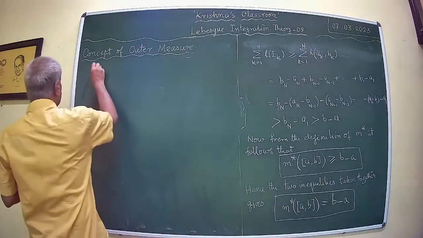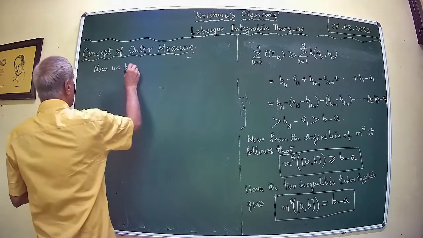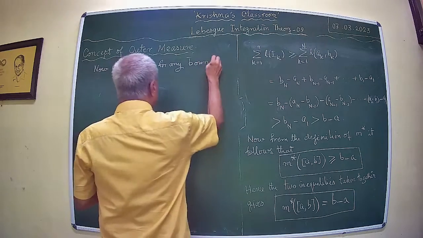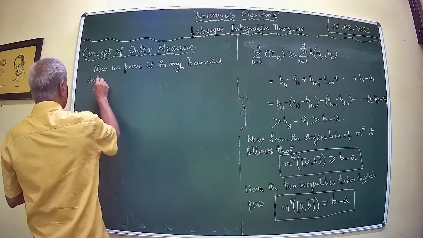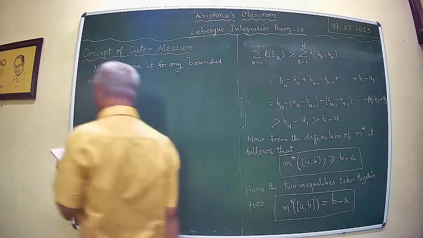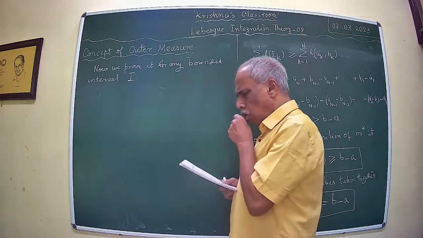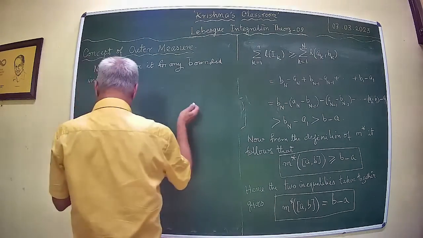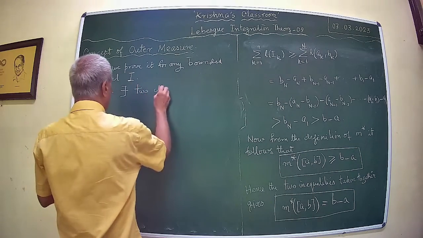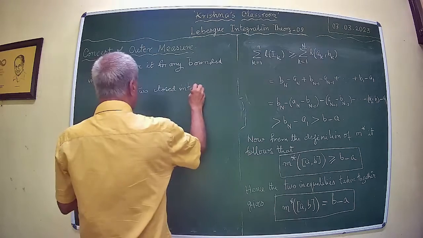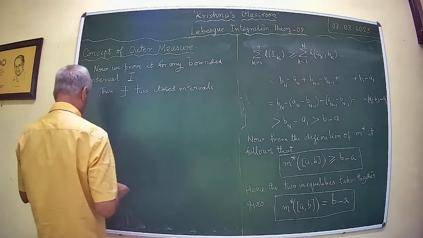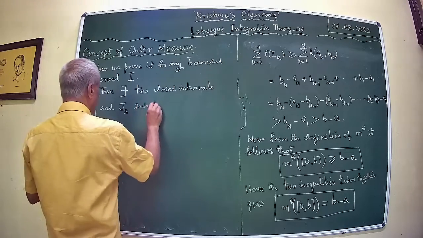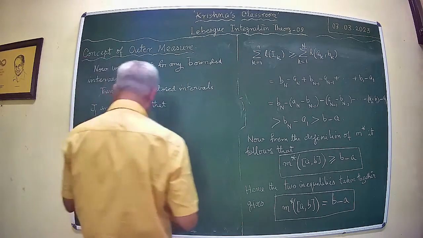Now we prove it for any bounded interval I, then there exists two closed intervals such that